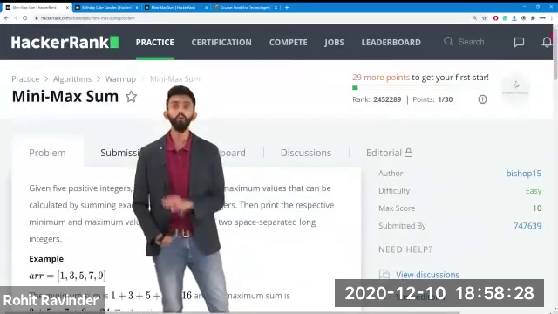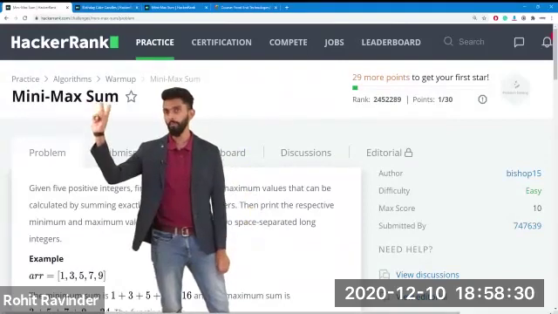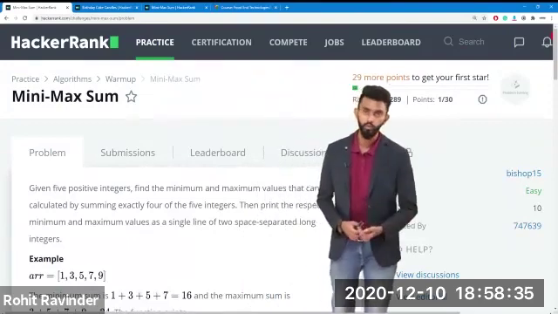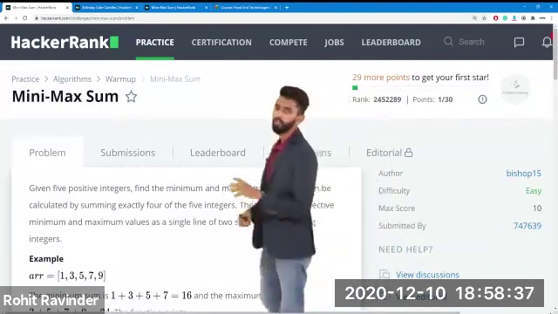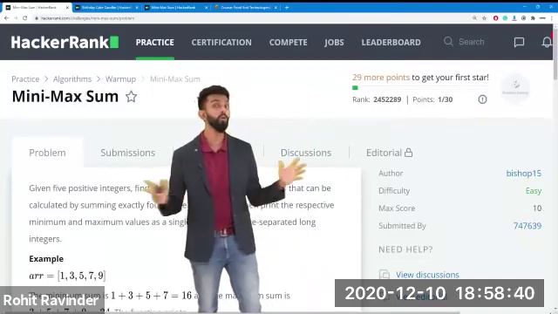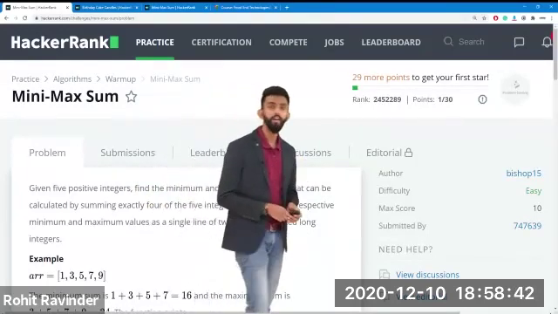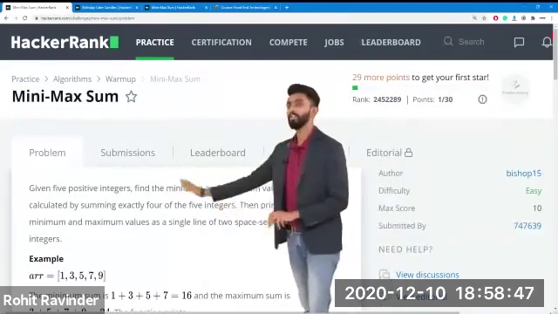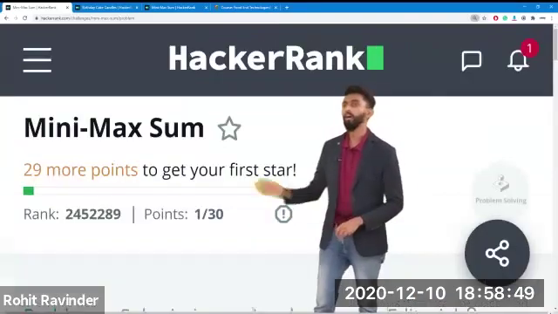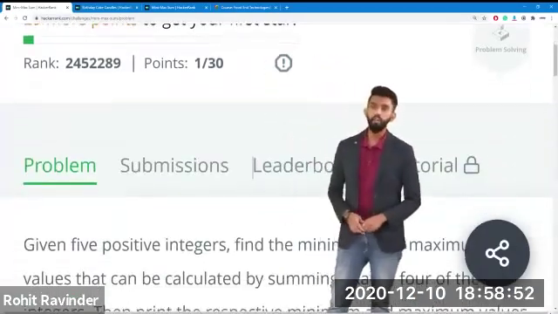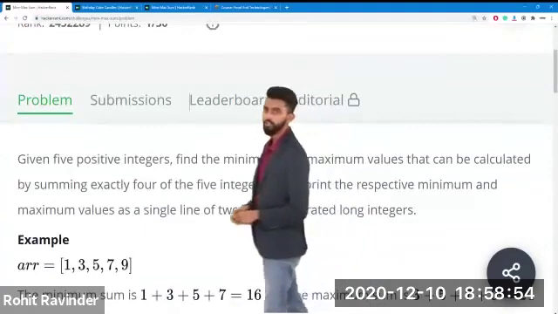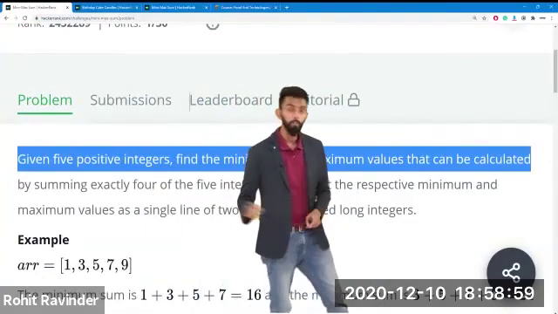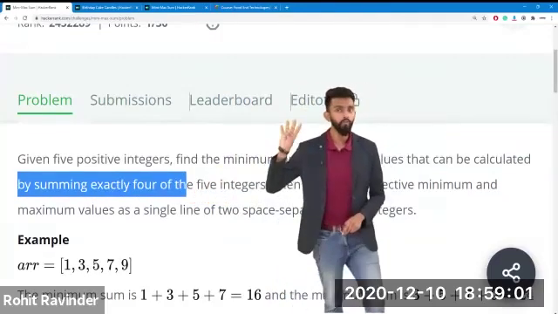Usually, there are only two types of people who solve this problem, Min Max Sum. One type of people are people who will give a very efficient solution. Another type is somebody who will sit, scratch their head and try to come up with the most complicated solution there is, right? Now, let us see which category you fall under. So let me explain this. Let us read it first. So increase the size a little bit. Given 5 positive integers, find the minimum and maximum values that can be calculated by summing exactly 4 of the